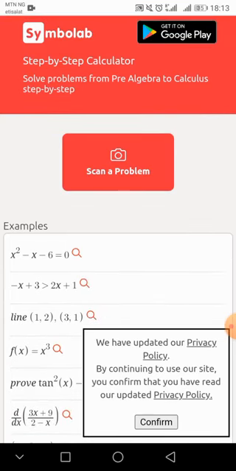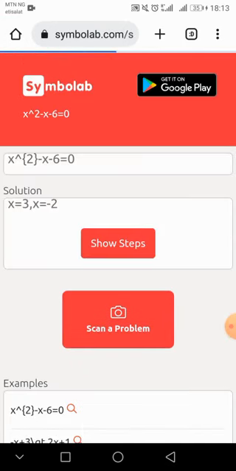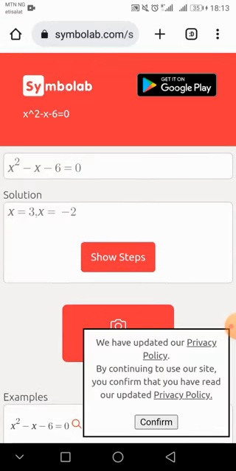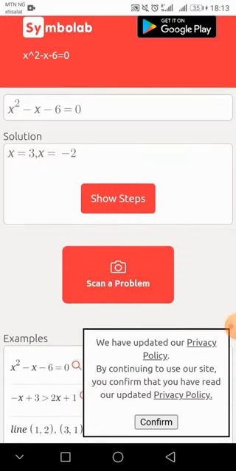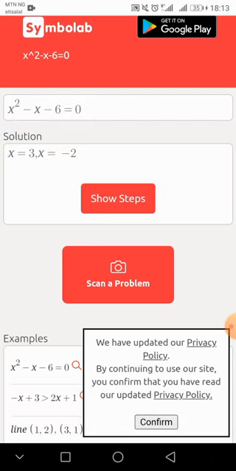Okay, let's copy this question here. Let's copy one question here like this. Now copying it. Let's try this one.